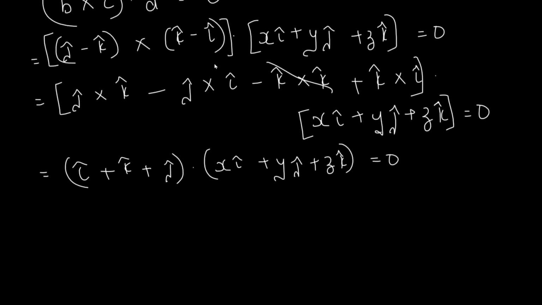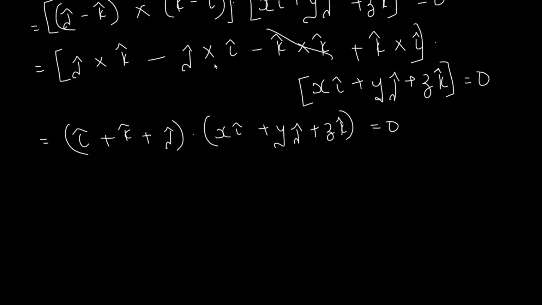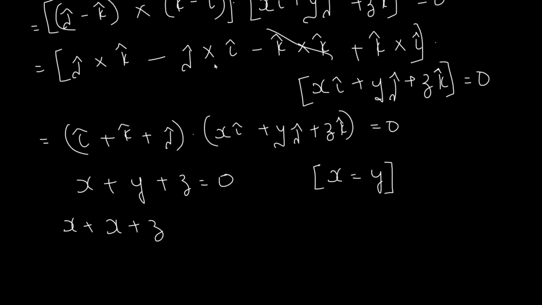Okay. Now finding the dot product. xi dot I, that is x, plus yj dot j, which is y, put the order properly, remember that, and zk dot k, which is z, is equal to 0. Now from 1 we had shown that x is equal to y, this is what we had proved earlier. So therefore we have x plus z is equal to 0, and therefore z becomes minus 2x.